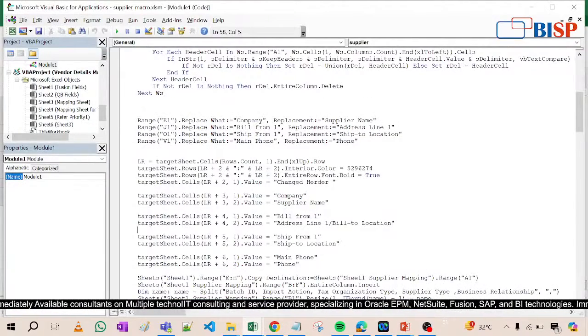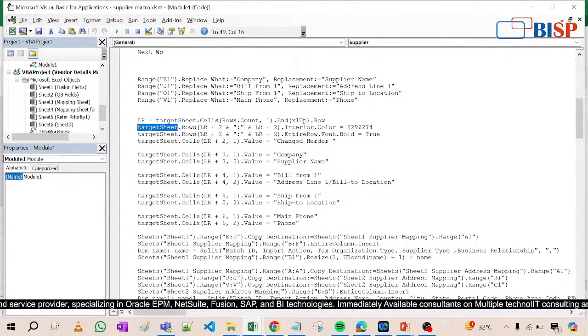we have taken the headers from different cells and kept them in different variables, because see here, variable name, variable sheet, target sheet is here. So this target sheet dot row, target sheet means whatever target sheet we are now going to create, that is the log sheet also. Then sheet 1 range copy destination. Now copy destination is a default function here, in which sheet 1 supplier mapping, sheet